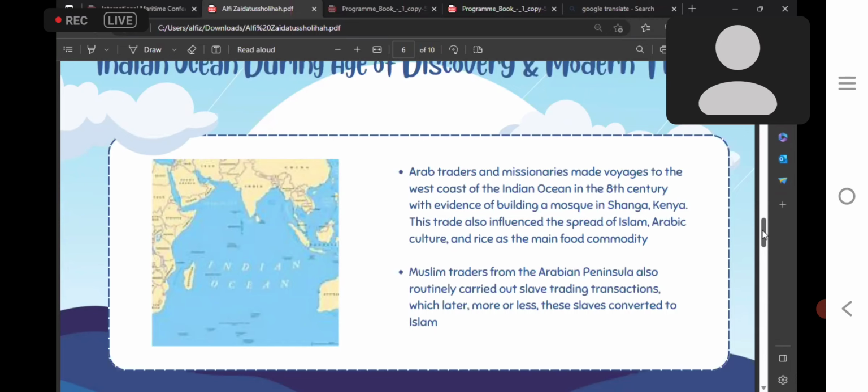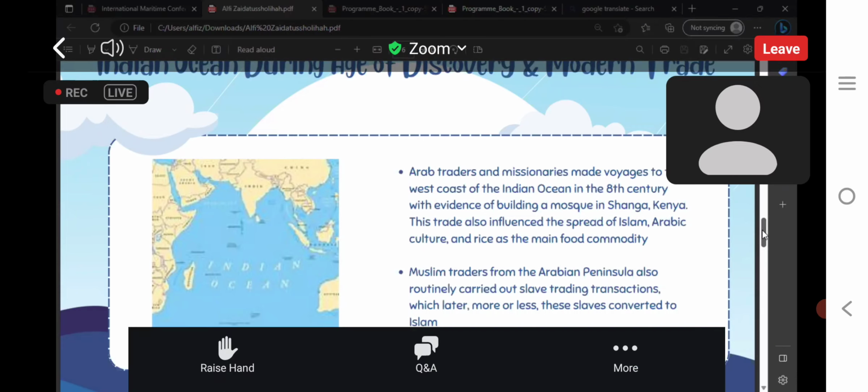Entering the 21st century, increasingly free global economic trade has made international trade traffic passing through the northern Indian Ocean route to the Suez Canal increasingly congested. In contrast to the colonial era, when ships of European nationality transported the results of exploitation in their colonies, now every sovereign country has its own right to free trade and activities. And now, the rest of the presentation will be presented by my partner Alfizada Tusolia.